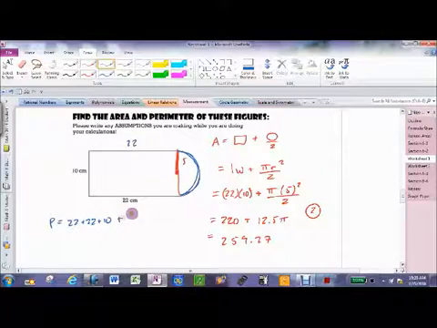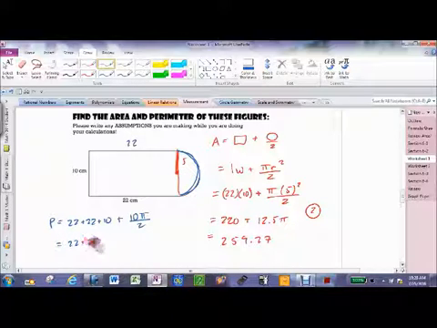So plus, what's d? It's 10. So it must be 10 pi divided by what? 2, because it's only half a circle. So that's 22 plus 22 plus 10 plus 5 pi, which is 54 plus 5 pi,